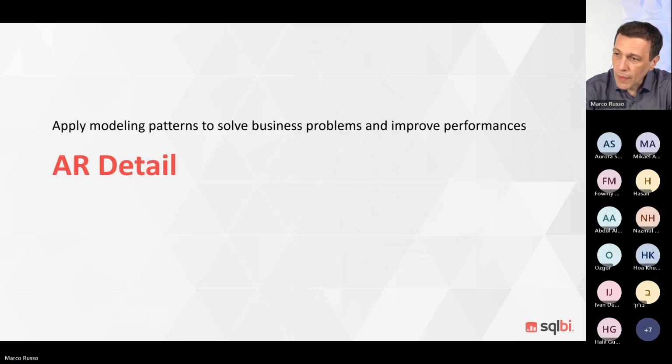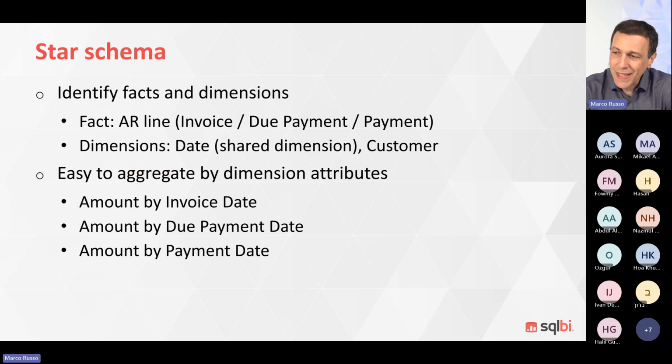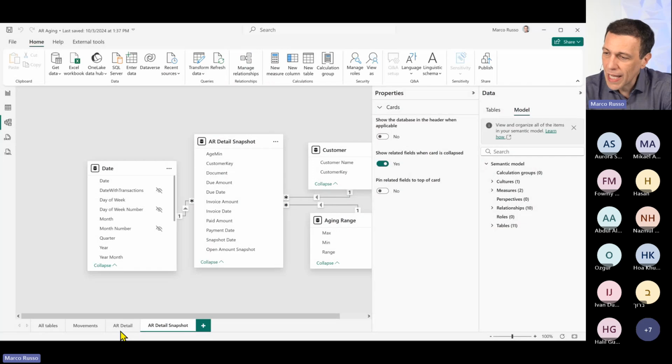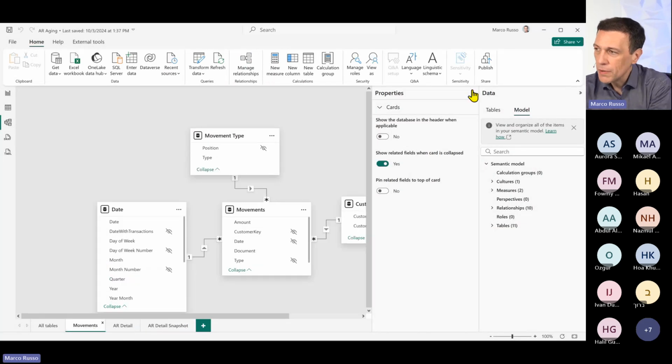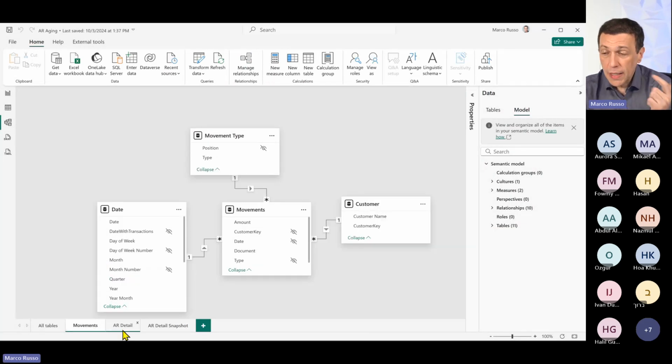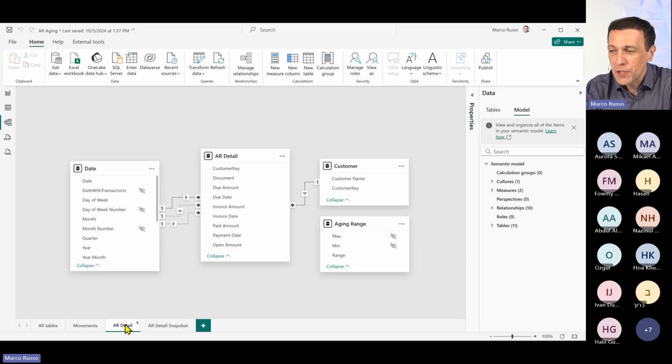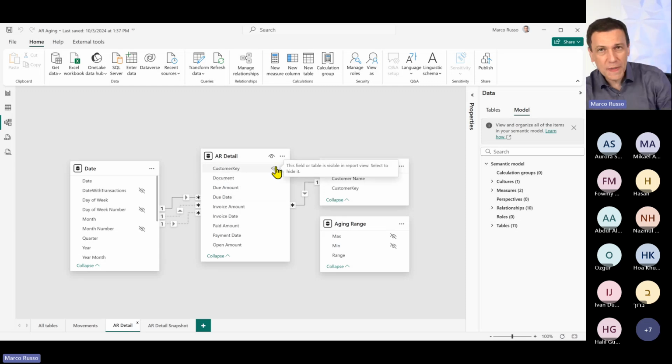However, this is something that is, let's say, well known. First of all, let's take a look at the result that we obtained in the final model. The final model has the movements table star schema that we created before. Regardless of what the initial data source is, because remember, we split the problem in different steps, if I reach this point, I can just copy what I already prepared for solving the problem this way, because I can start from the movements table and generate the AR detail table.